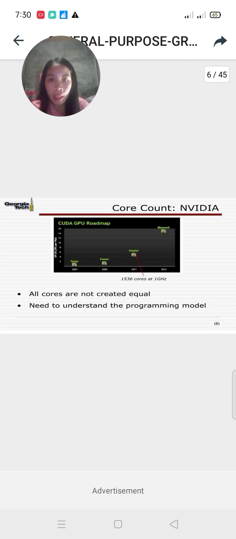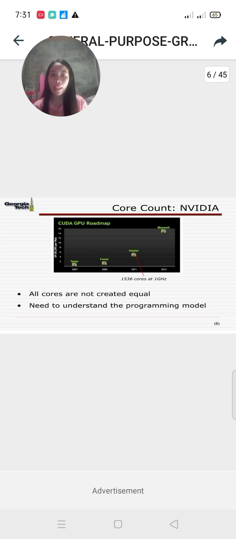So Intel Core, next is core count and NVIDIA. All cores are not created equal. So meaning to say all the cores are not created equal. So we need to understand the programming model. So okay, NVIDIA